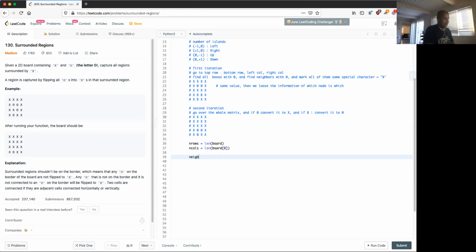So our paths, neighbors, neighbor array equal to 0, 1, 0, minus 1, 0, 1, 0, minus 1, 0. So always in this matrix question, this is very important. Okay. Now let's say for X in range n rows,